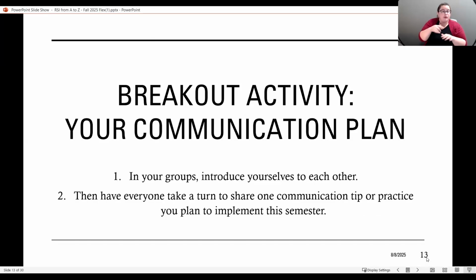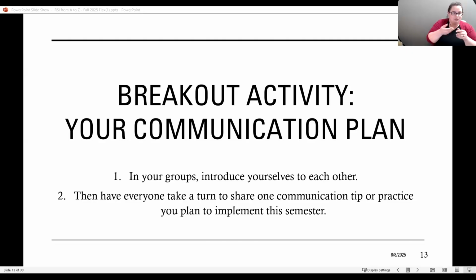We're going to do a short breakout group activity where we want you to think about some of those things that you could include in a communication plan and share it with your group. So we're going to put you in groups, and we will have you first quickly introduce yourself.